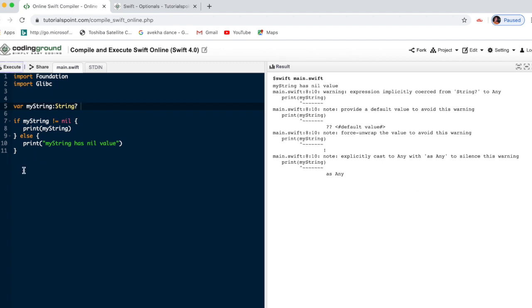Here I am giving a value, my string equal to 10, just assign.